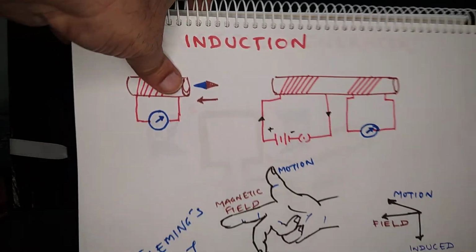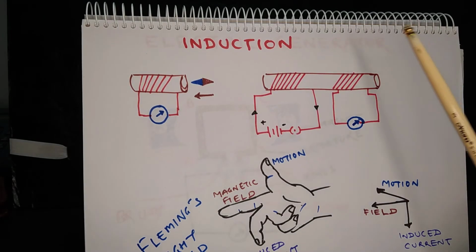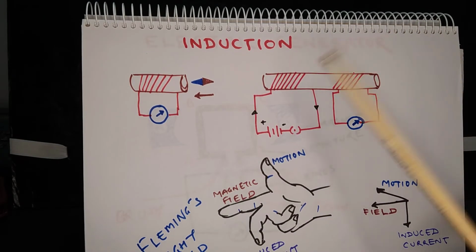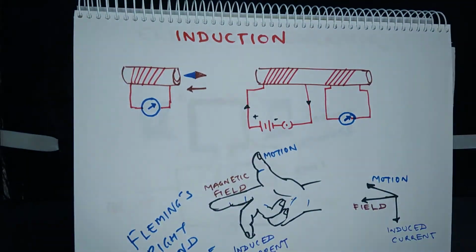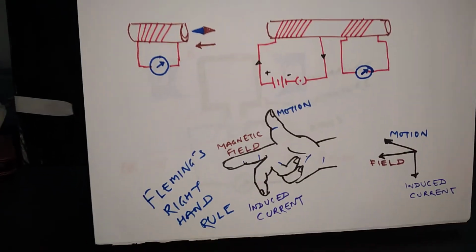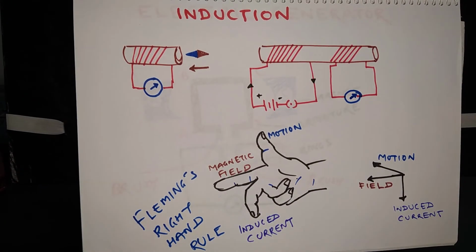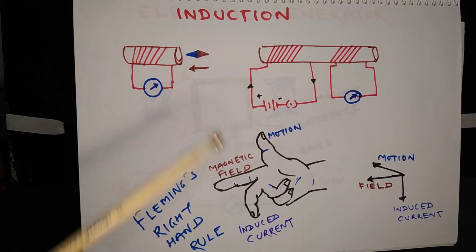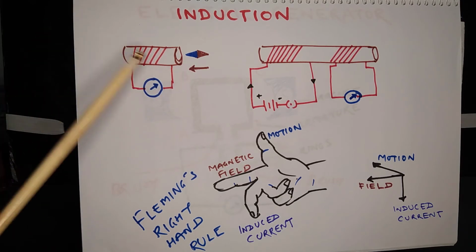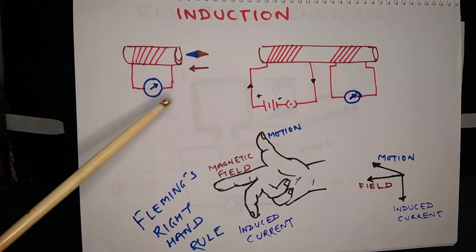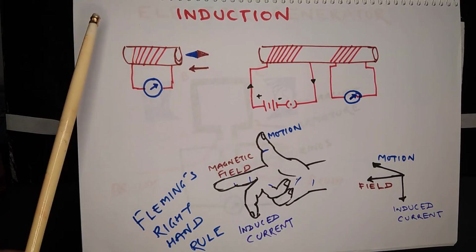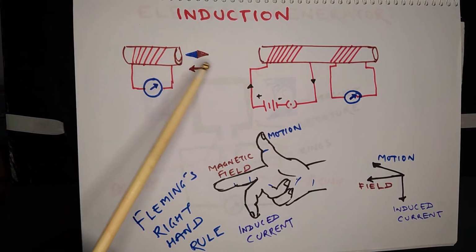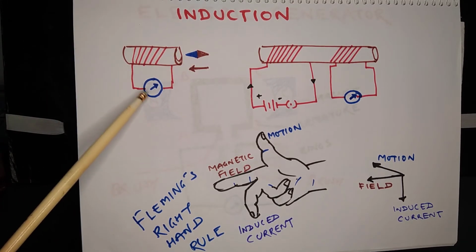Now I will talk about induction, or electromagnetic induction, that is, induction of electric current because of magnetism. So to understand this, we need to conduct two experiments. This is a solenoid or a coil, and this is attached to a galvanometer. So take a bar magnet and move this bar magnet towards the coil. Once it moves towards the coil, you will observe a deflection in the galvanometer.